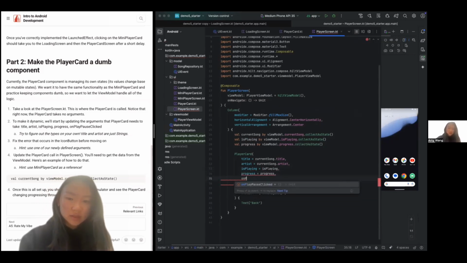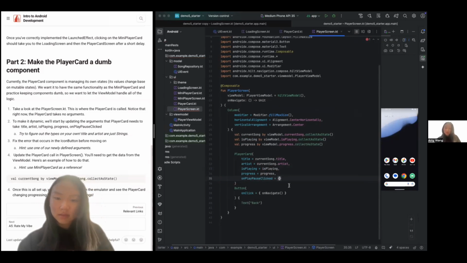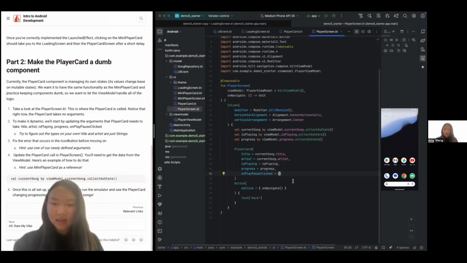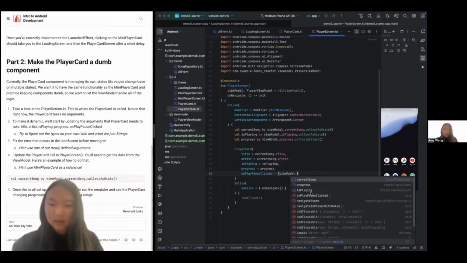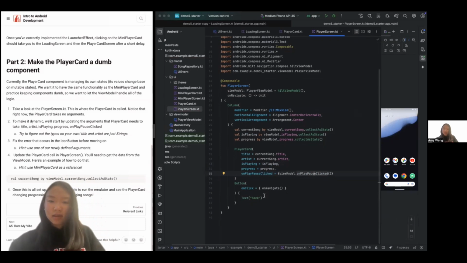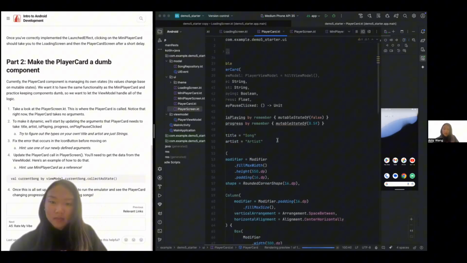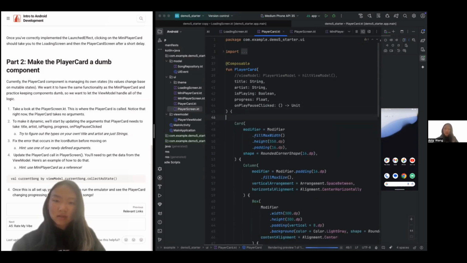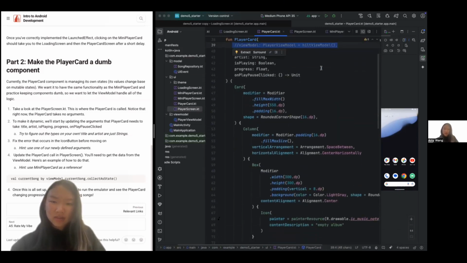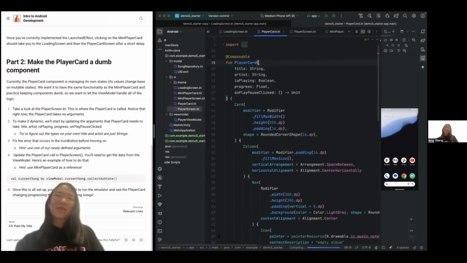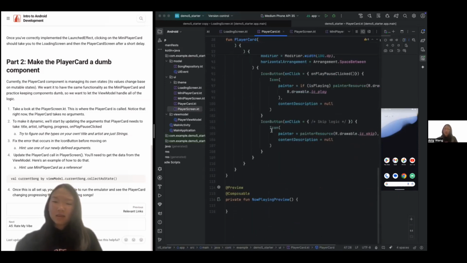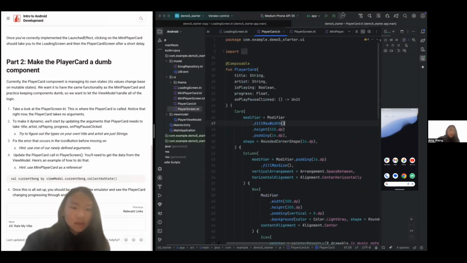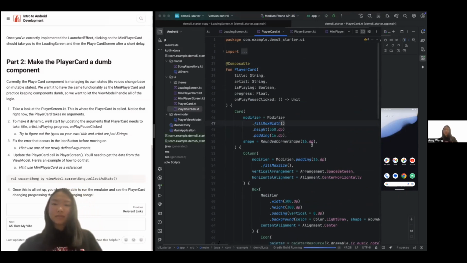And for our on play pause clicked, we have to use a lambda again because we're not directly calling the function right now. We're just passing it. And that'll be our view model dot on play pause clicked. Yeah, and that should be all the data we need. Oh, we need to get rid of these. And so we don't need the view model here because again, this is a dumb component. We're just passing in the data directly. And that should be in the format that we need. Yeah. And so if we run it now,